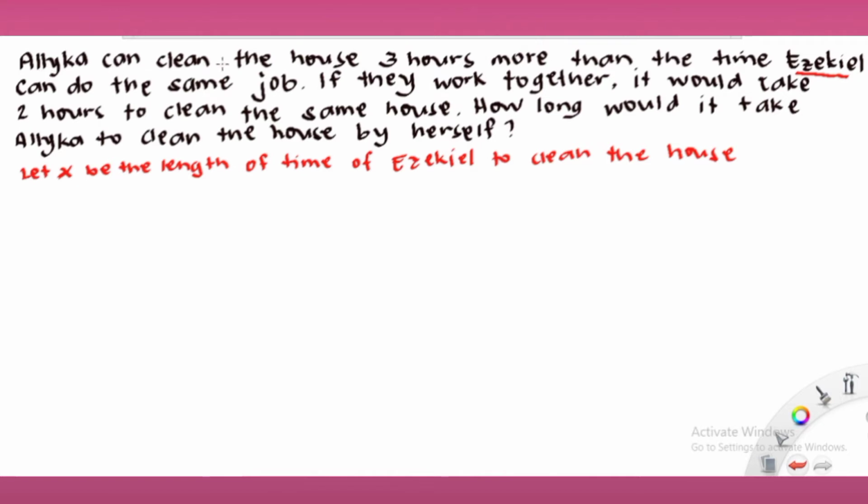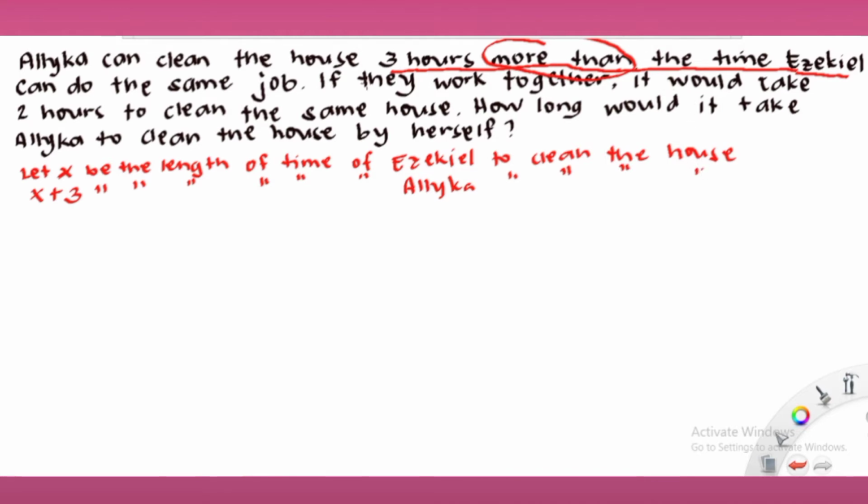Since, ang sabi dito si Alaika can clean the house 3 hours more than the time na kayang gawin ni Ezekiel ang trabaho. So, there is a word more than, so the operation will be addition. Okay? And which comes first is yung work done by Ezekiel, which is x. So, that will be x. More than is addition. And then, yung additional oras na kaya ni Alaika is 3. So, let x plus 3 be the length of time of Alaika to clean the house